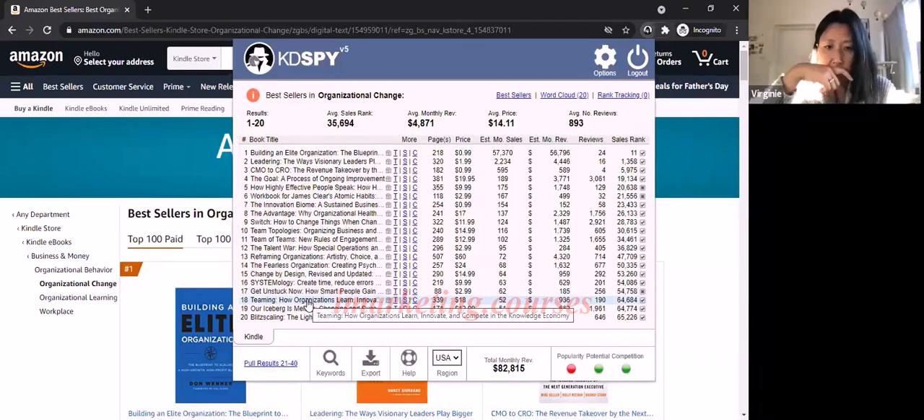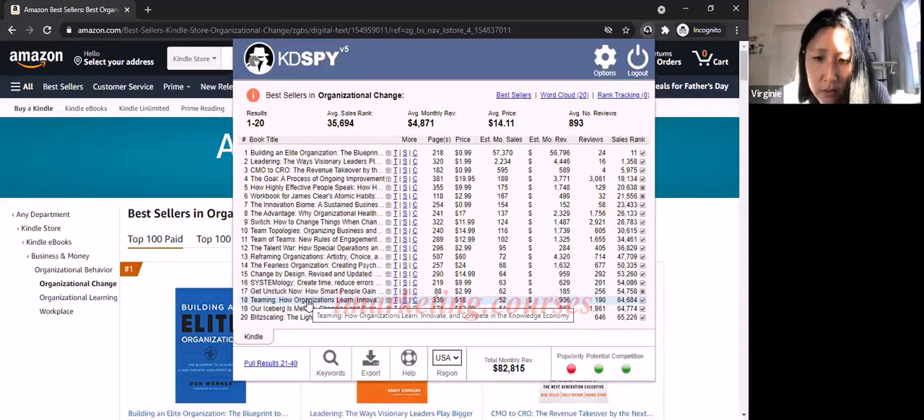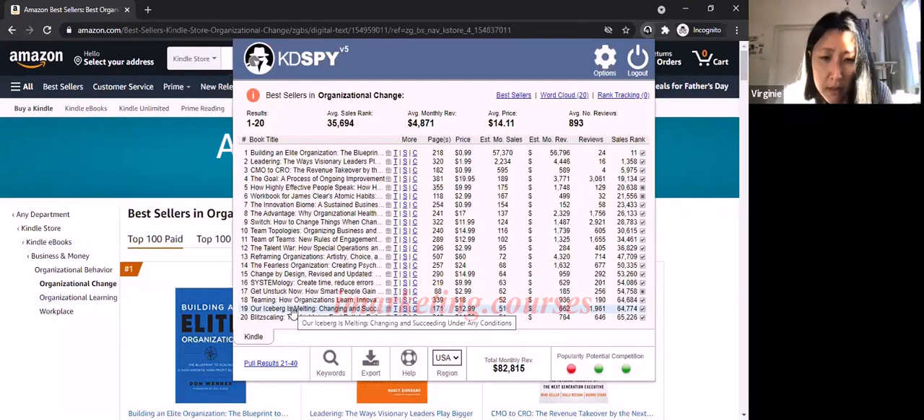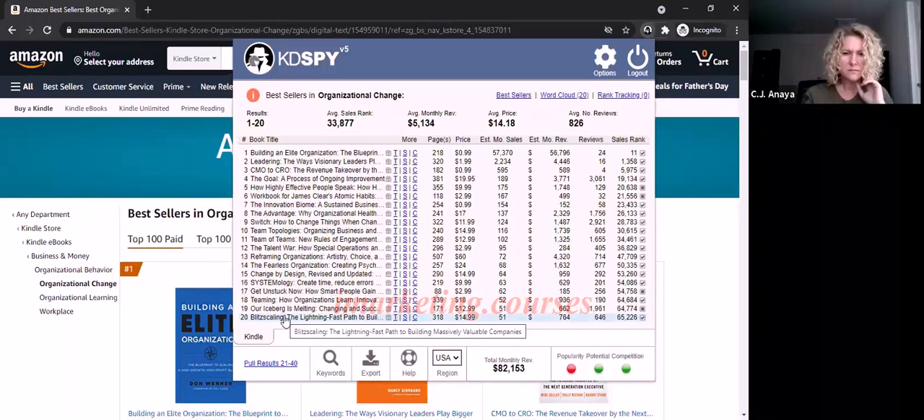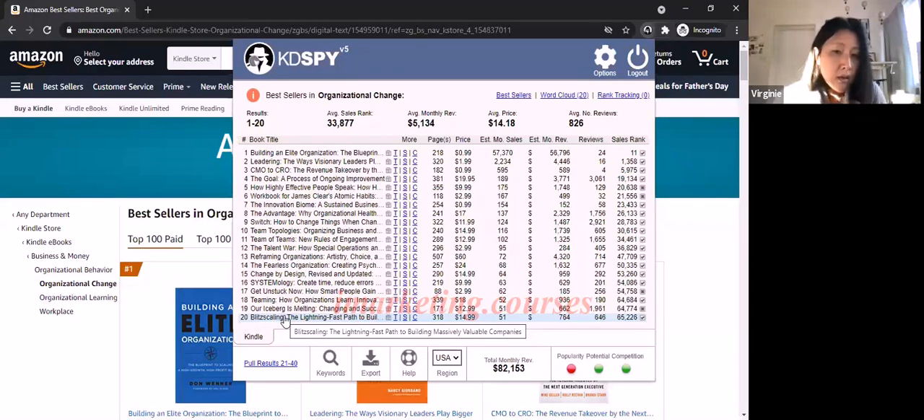Yeah. Teaming: how organizations learn, innovate, and compete in the knowledge economy. Yeah, I guess. Yeah. Okay. Our Iceberg Is Melting, changing, and that's not, I think. Blitzscaling. Yeah. The lightning fast path to building massively valuable companies. Yes. Okay. All right. So after that, so